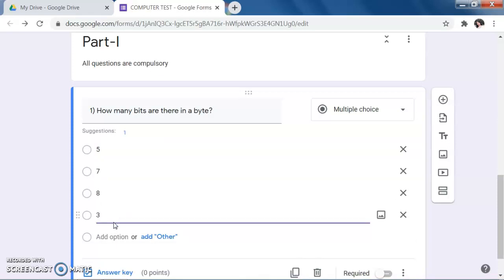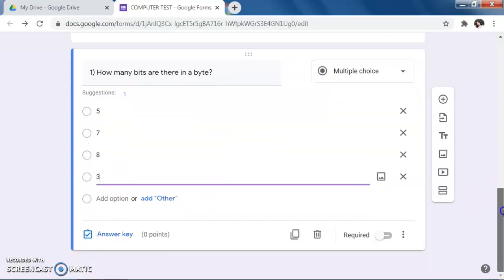Suppose 3. So 4 options. Suppose I give it to students, and then how many marks? Points means marks. So how many marks you want to give? It is obviously multiple choice, and for points you can write here.